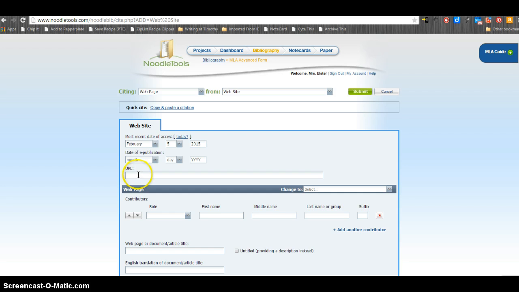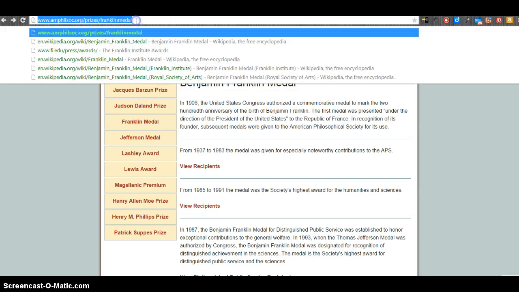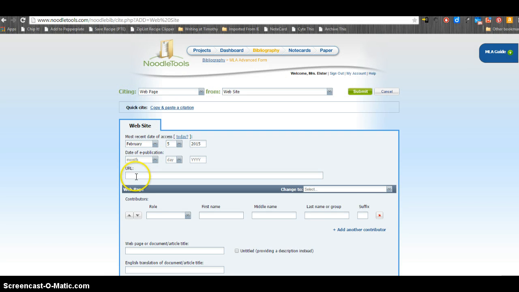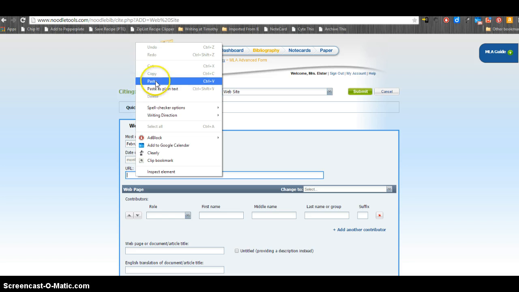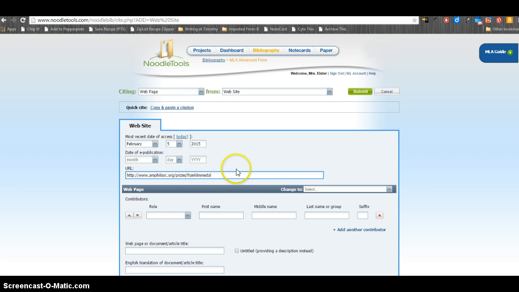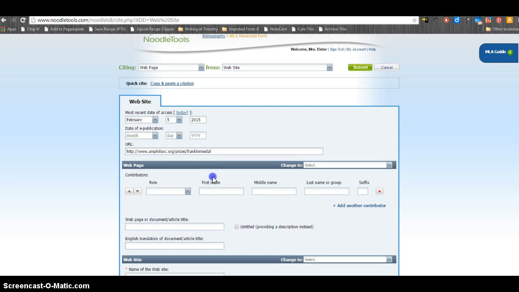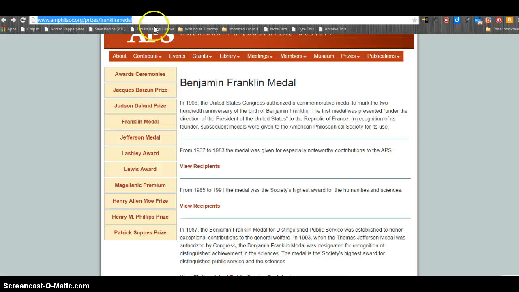But what we do have is the URL. So I'm going to come up here and copy that URL and paste it right here. And I've got that there. And then notice how there's website and then there's web page. Now actually what I have here, I put this URL right here, but the actual